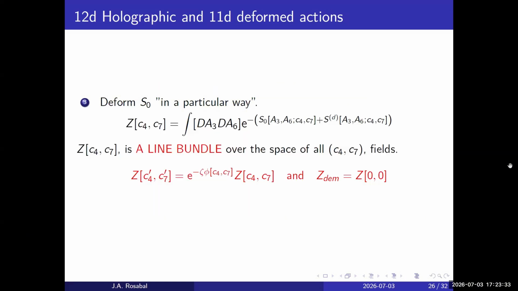By using this, now I know that this partition function I'm computing is the partition function using this auxiliary theory transformed as a section of a line bundle. And in addition, satisfy this. Wait, I'm confused. If the variation of the SD part matches the variation of the Chern-Simons variation, you're saying the first term S0, this term is gauge invariant. It's invariant. Yes. This term is similar to the terms in